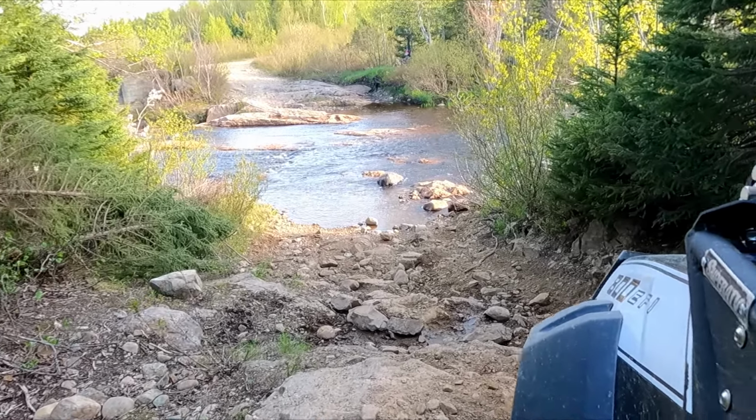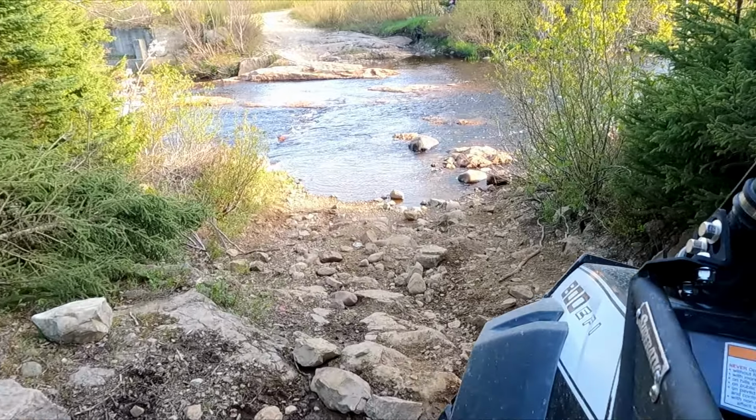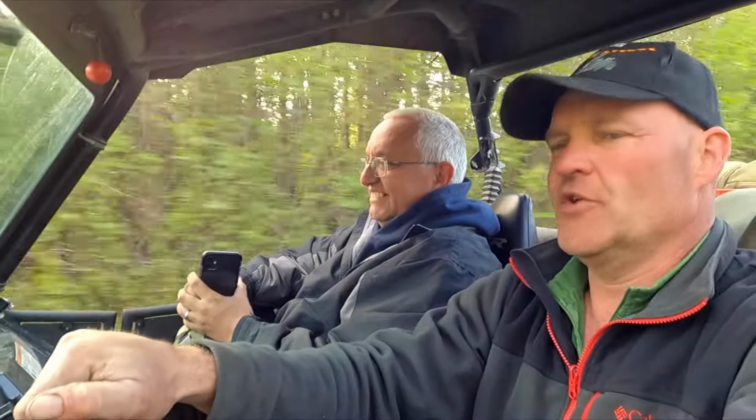Holy Jesus! I can see why they got to winch up the pads. You come from the flatlands of Canada. You don't really have to go up and down hills like that to catch a couple of